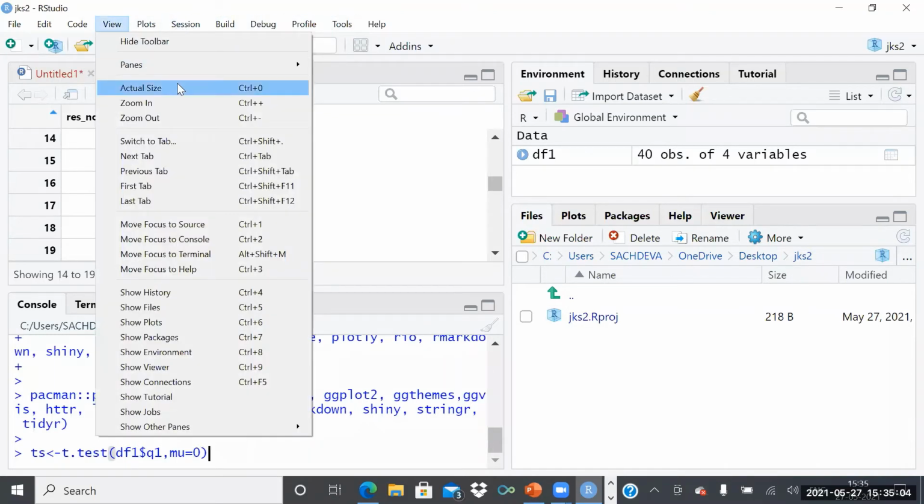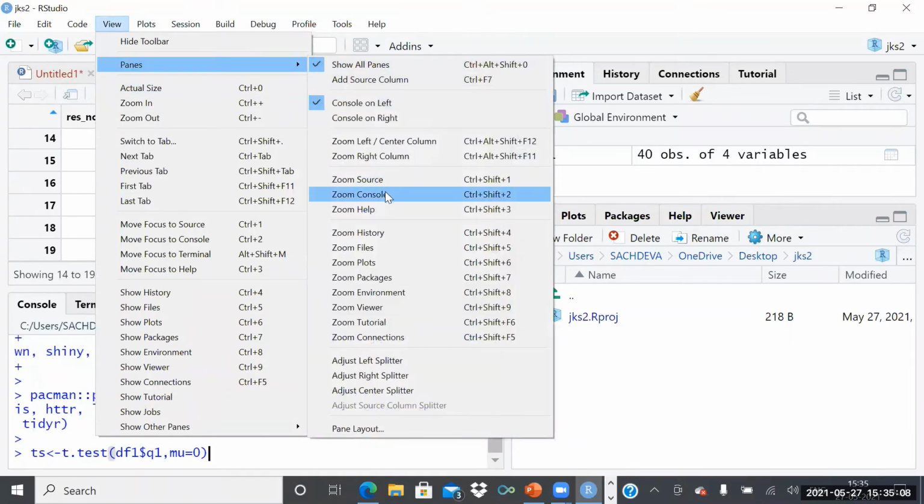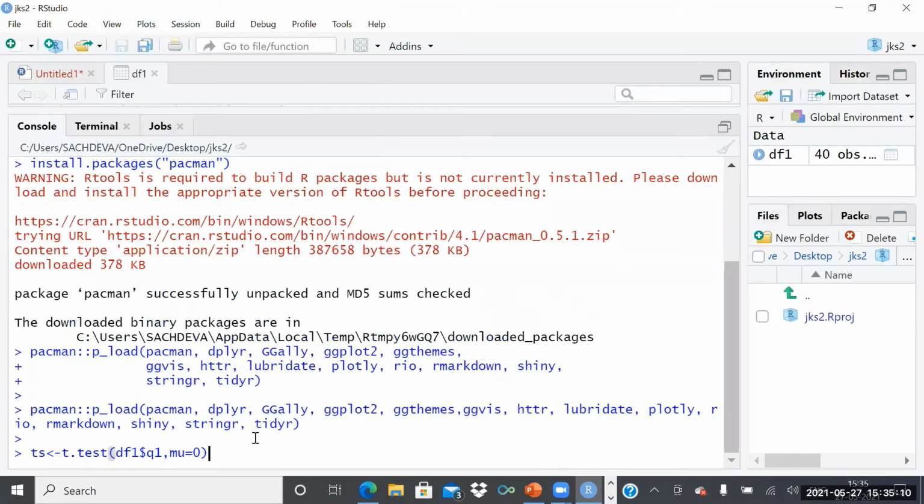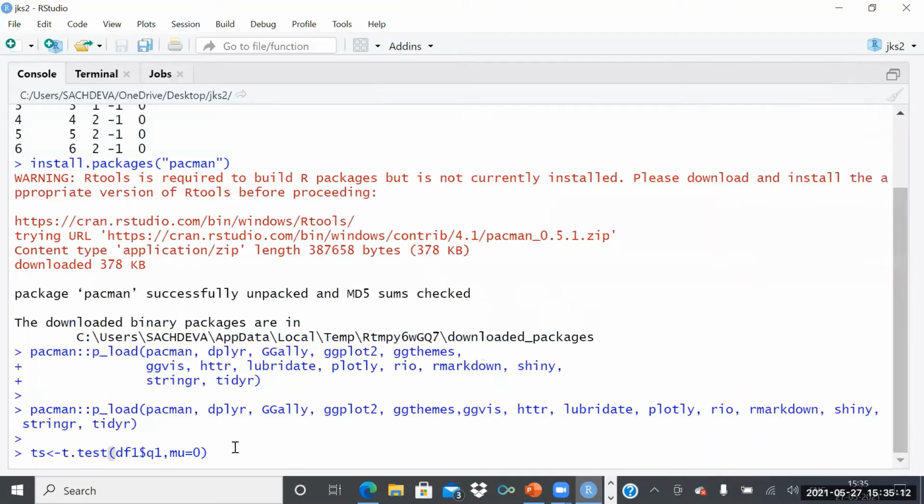Let me show you how the command has been written. TS, which is the array, the variable I have created, t.test, within brackets DF1 and dollar.